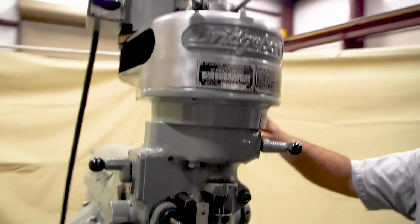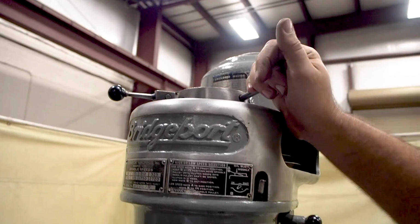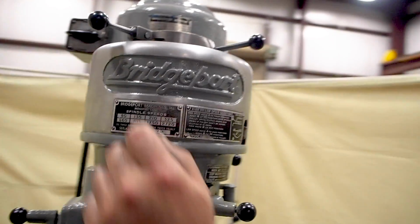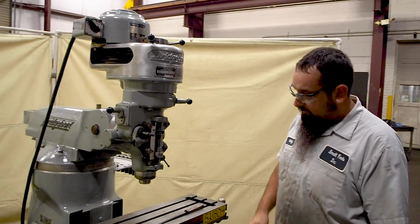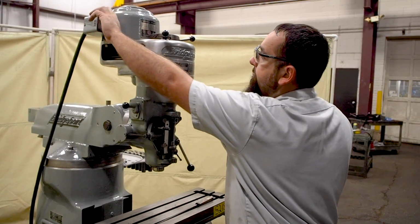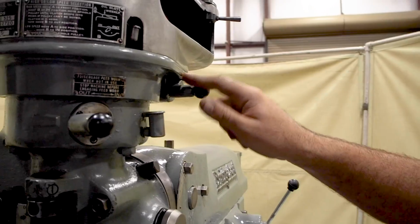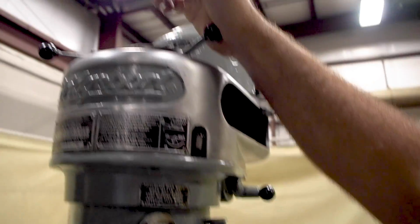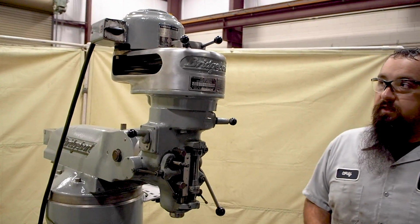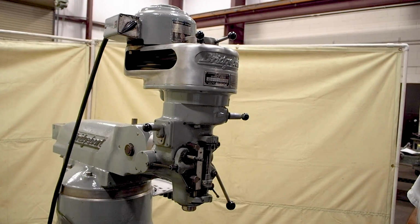To switch into low, you want to go from out to in. So you want to bring this forward. Then you want to bring your shifter, pushing it away from you. It raises up the gear. Now you're in low. Same thing when you want to go back to high, you go from in to out. Raise the shifter up. Now you always want to grab the spindle, always make sure that it locks in, otherwise it's going to make a horrible noise when you turn it on. Bring it back in